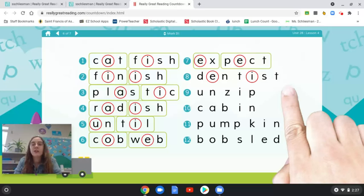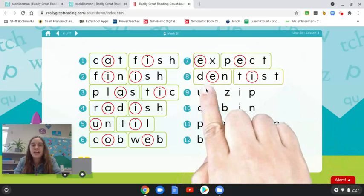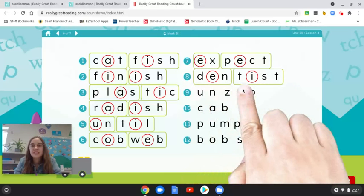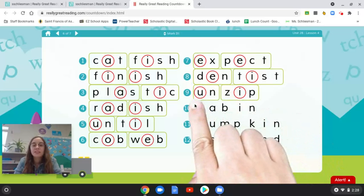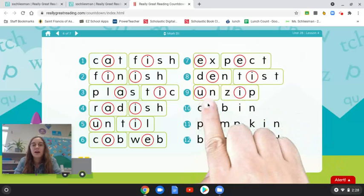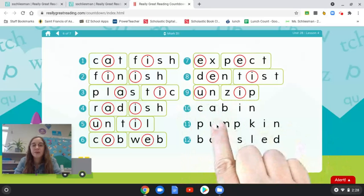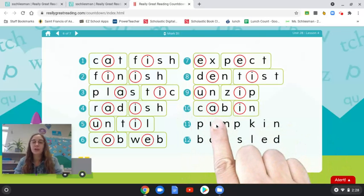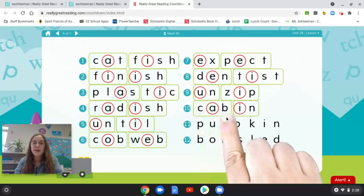They are not next to each other, so there are 2 syllables. Let's say them together. Dentist, dentist. Number 9, I see 2 vowels. They are not next to each other, so there are 2 syllables. Let's say them together. Unzip, unzip. Number 10 has 2 vowels. They are not next to each other, so there are 2 syllables. Let's say them together. Cabin,